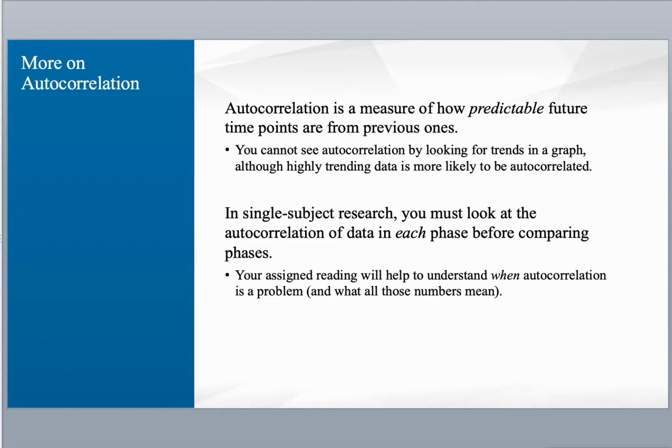You can't see autocorrelation by looking for trends in a graph, although highly trending data is more likely to be autocorrelated. In single subject research, you must look at autocorrelation of data in each phase before comparing phases. So your assigned readings will help you understand when autocorrelation is a problem and what all of those numbers mean. It'll certainly help reinforce it for you. So if you think about autocorrelation,